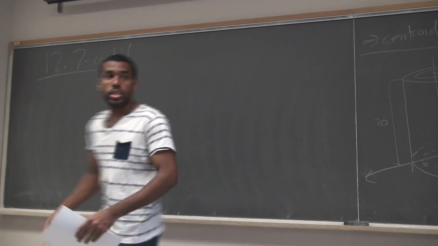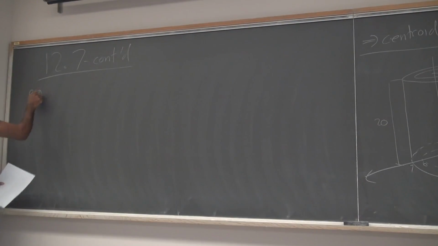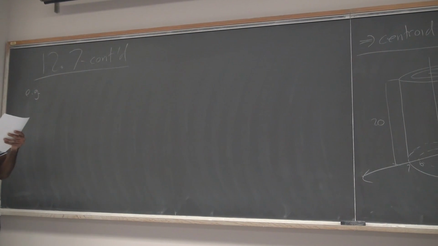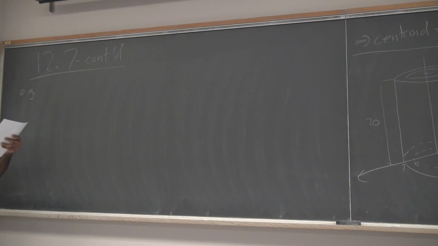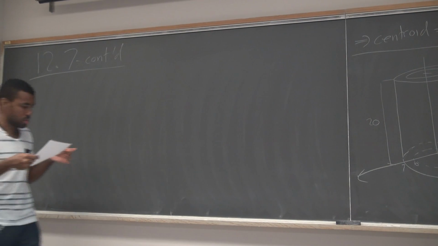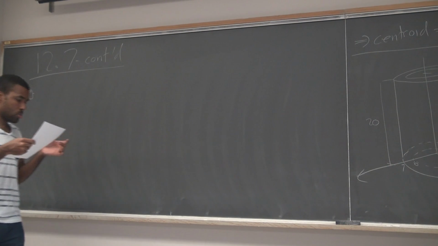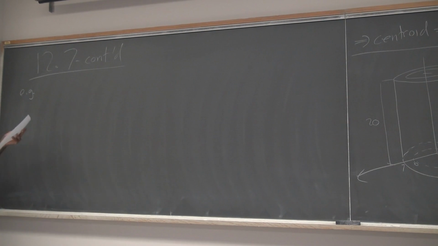All right, let's continue with 12.7. I did that example where we did the cosine of x squared plus y squared plus z squared. I believe I also asked you about the volume inside that shifted sphere and the cone. Okay, so